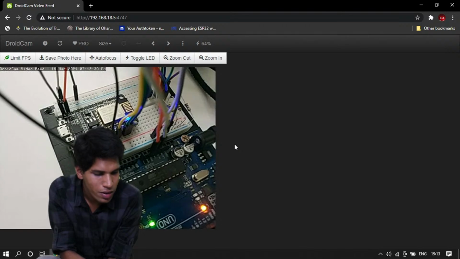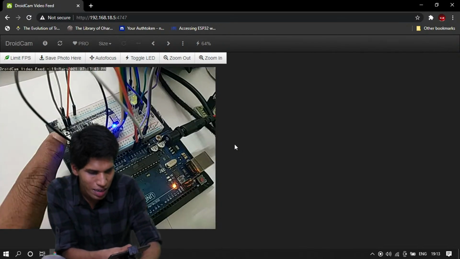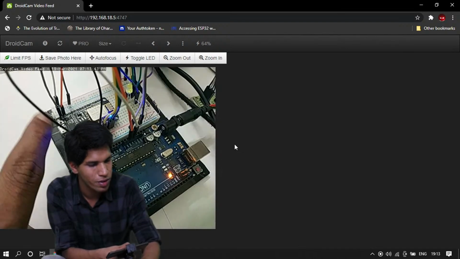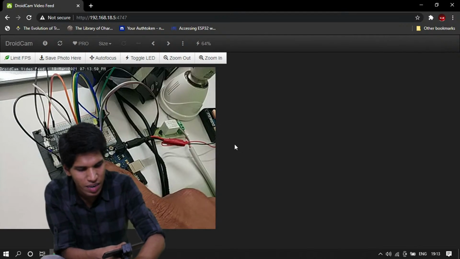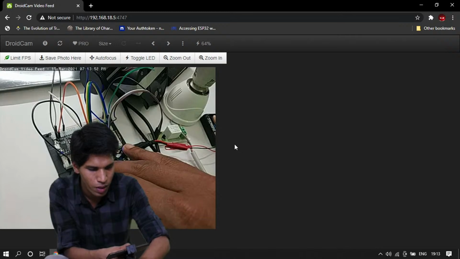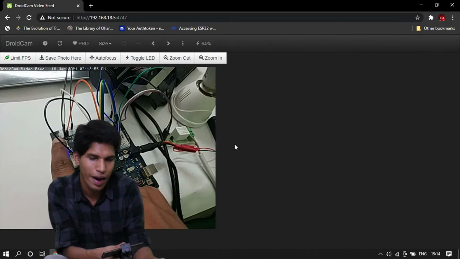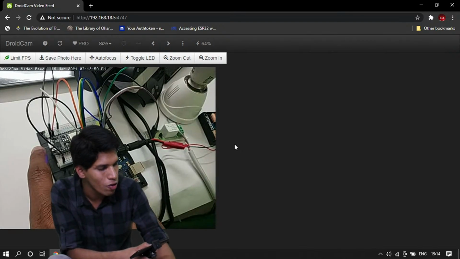I'm giving it a power supply through my Arduino. I don't need an Arduino to give it a power supply, but for now I'm giving it one through my Arduino. You can directly connect this Node MCU board to a 5 volts battery. I don't have a 5-volt battery, I have this 9 volt setup here.